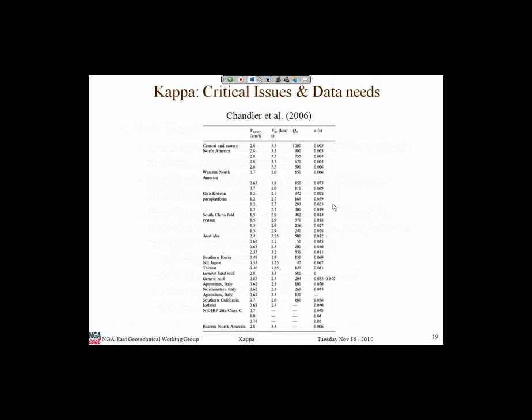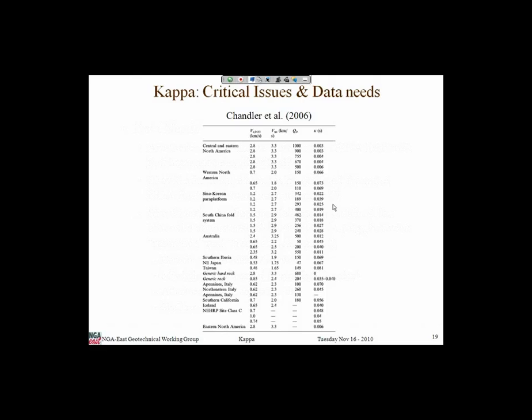This is interesting. This Chandler et al. paper, I'll just throw this out. They had some actual measurements, but they also did some calculations. And they have a model for doing that. And they actually have two models for doing that. And I think most of these are calculations, but I don't know. The paper, unfortunately, doesn't really tell you which ones they calculated and which ones they took from people's measurements.